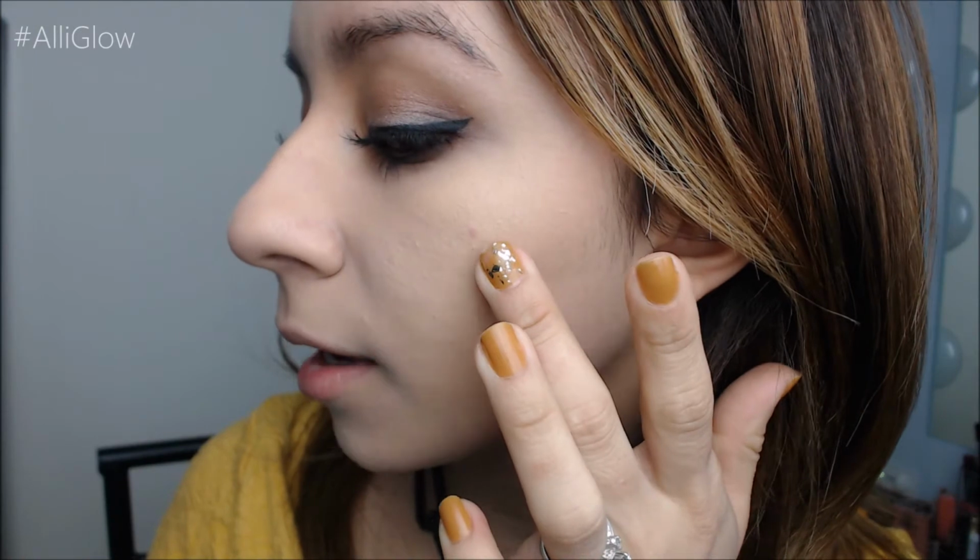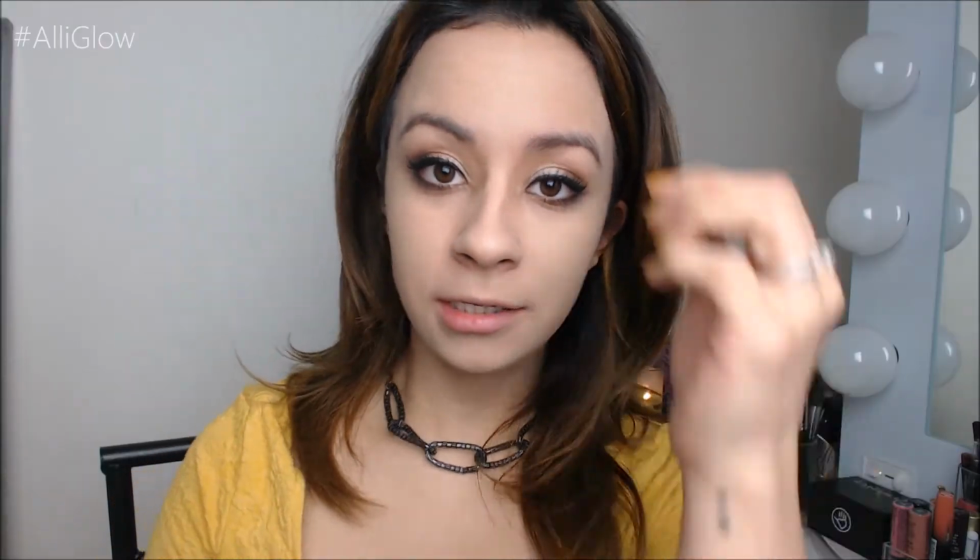As you can see, you can still see my blemishes there. You can see the texture of my skin. Definitely a matte finish. It's light. I need bronzer. This is light. Now, I don't see that it has SPF in it. I'm gonna put the rest of my makeup on, and I actually thought it would be a good day to